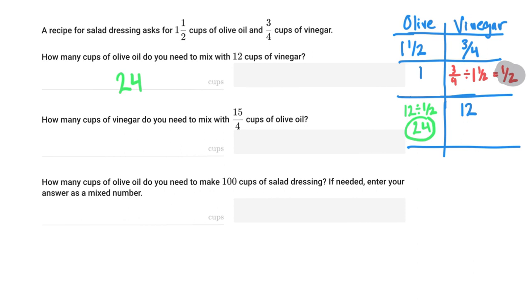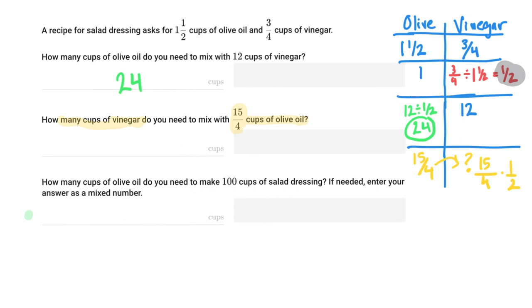The next one says, how many cups of vinegar do we need to mix with 15/4 cups of olive oil? So in that instance, we are trying to find our vinegar and we know we have 15/4 cups of olive oil. Well, our constant of proportionality is 1/2, so if we're going to go from this one to here, we just multiply by our constant of proportionality,